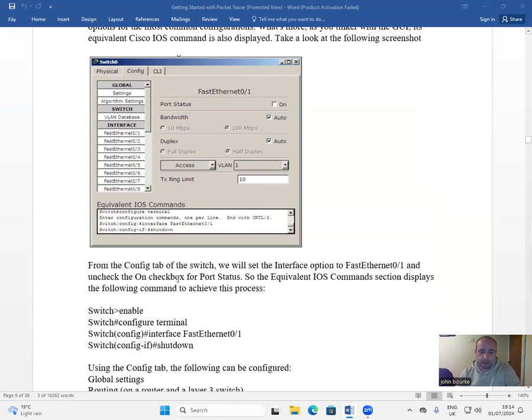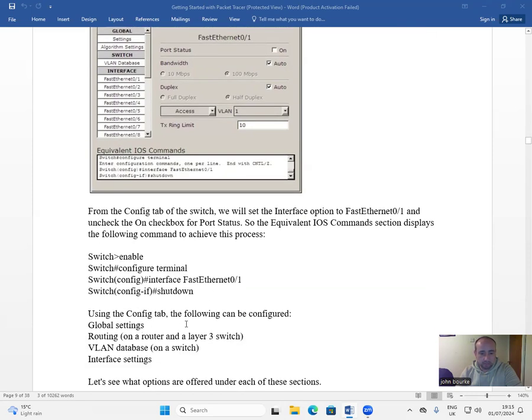From the config tab of the switch, we will set the interface option to FastEthernet 0/1 and uncheck the checkbox for port status. So the equivalent IOS commands section displays the following commands to achieve this: enable, configure terminal, interface FastEthernet 0/1, shutdown. Using the config tab, the following can be configured: global settings, routing on a router and a layer 3